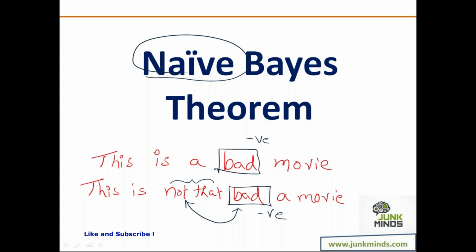Suppose if I do that, the question is, when we know that there is this particular limitation, then why is it that the naive Bayes theorem is still so very popular, and why is it that it is still being used in practical application design? Guys, understand this. The reason is, first and foremost, practically speaking, most people will speak like this or write like this. Very few will write like this.